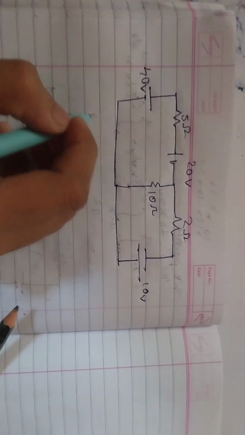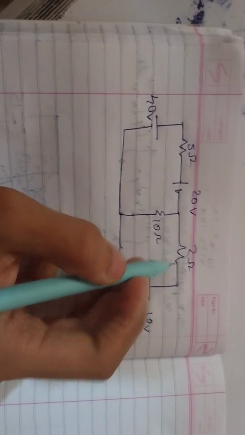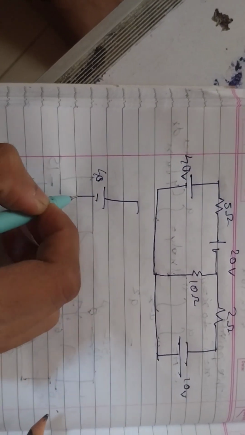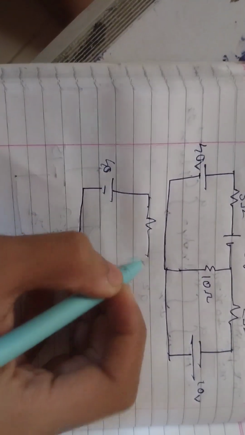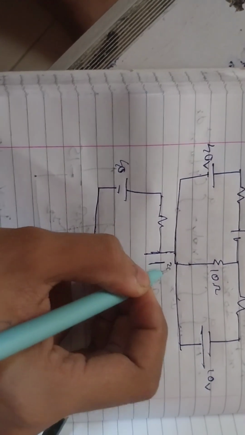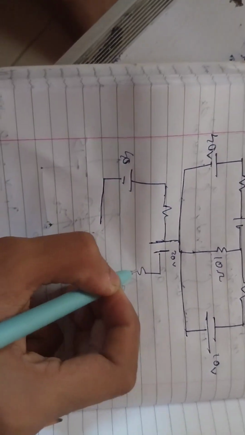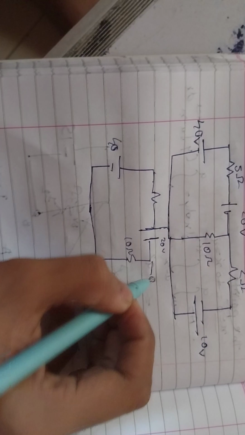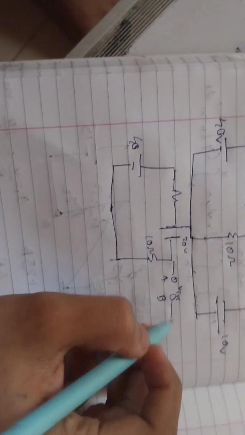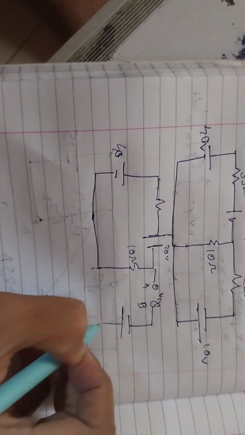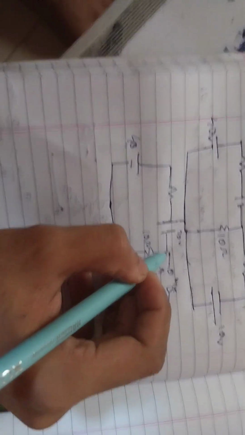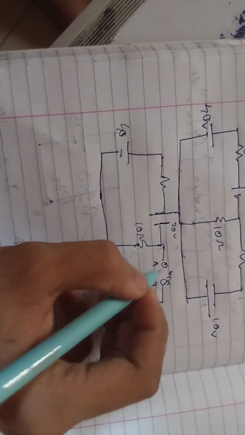So we need to take this branch open first, like 40 volts, 20 volts, 10 ohms, and taking this 2 ohm branch open, then it becomes AB VTH. It becomes this way. So now, just like we did in the previous sum, we need to calculate the potential difference